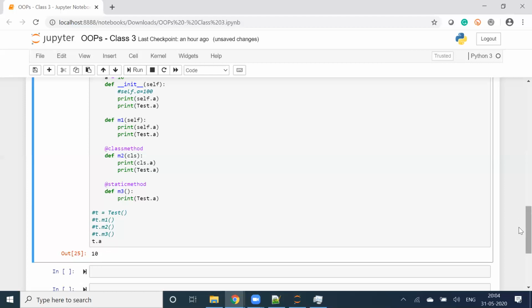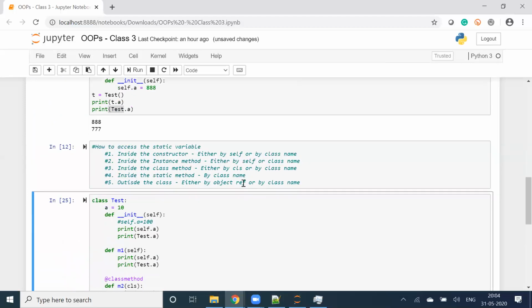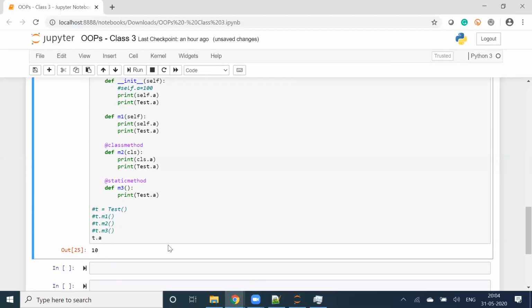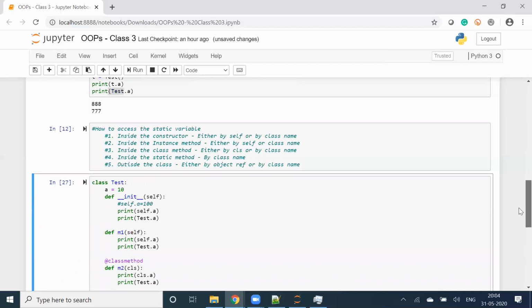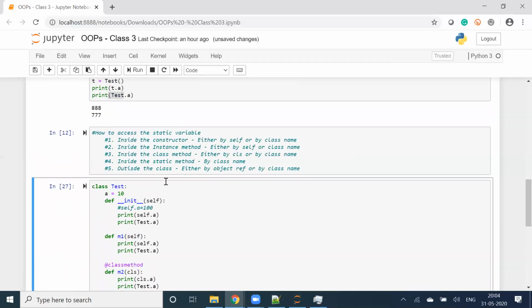So basically I can access the static variable either by the object reference, which we just saw here, or by the class name, Test.a. Let me comment this out. Execute. You're getting 10. So to access static variables, these are the ways we have. Clear, all of you?